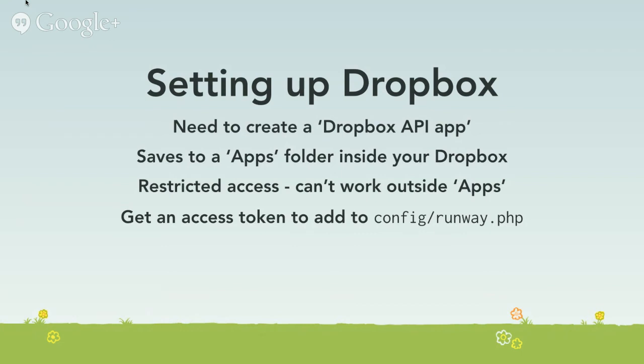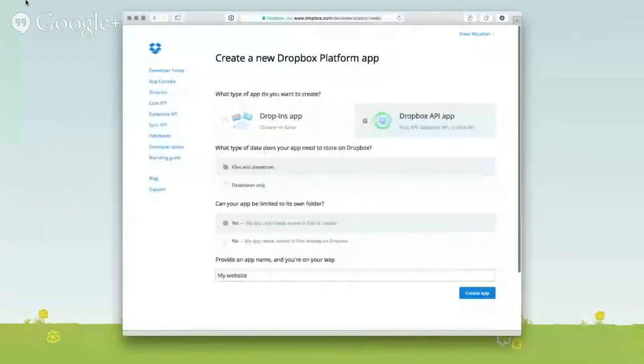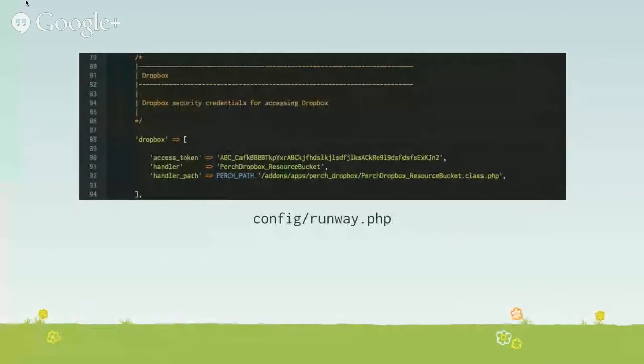So you set up a Dropbox API app via their website, and that gives you an access token, which you put into your config file. It looks a bit like this. In fact, it looks exactly like this. You go to the app console, create a new Dropbox API app. You say you want to store files and data stores. It only needs access to the folder it creates, and you give it a name. And you click Create App, and then they'll give you an access token, which you then go into your config runway.php file, and you drop that access token in there. And then that's